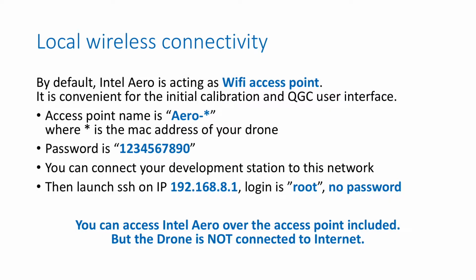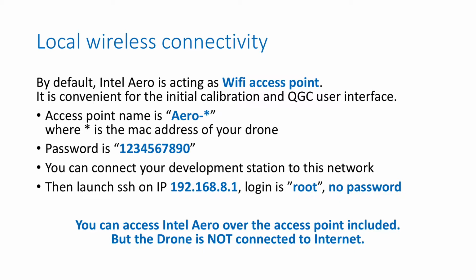By default, Intel Aero is acting as a Wi-Fi access point. It is very convenient for the initial calibration and control user interface access. Access point name is Aero with the MAC address of your drone, and password is as described. So you can connect your development station to this network, then launch SSH on IP